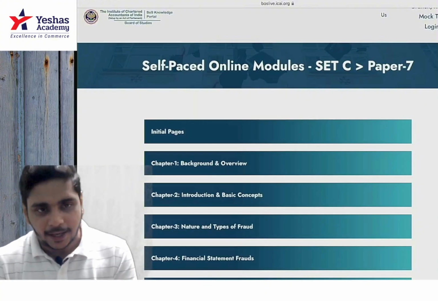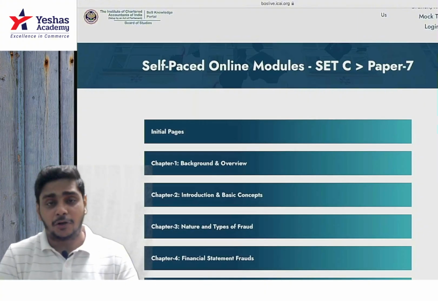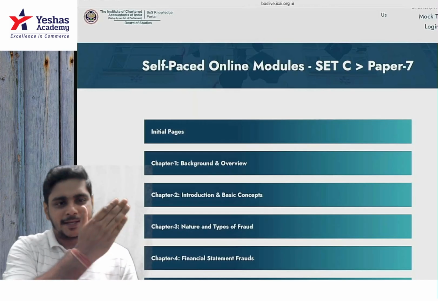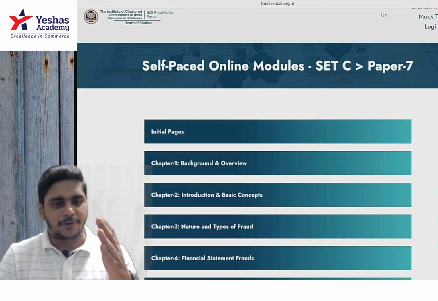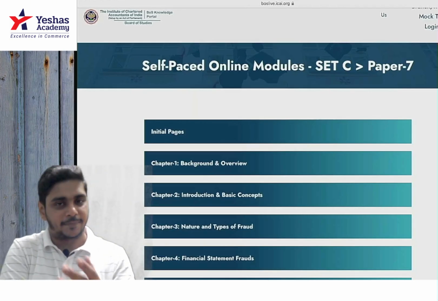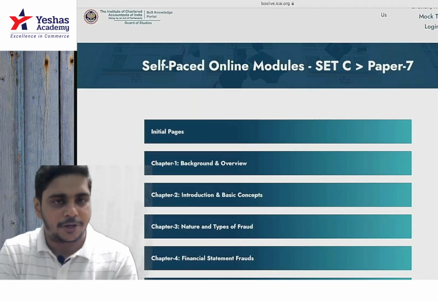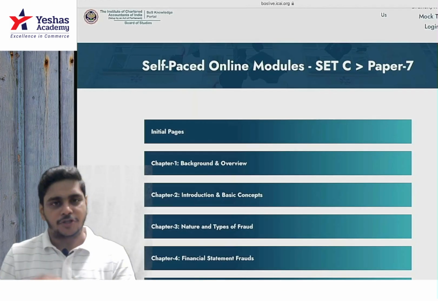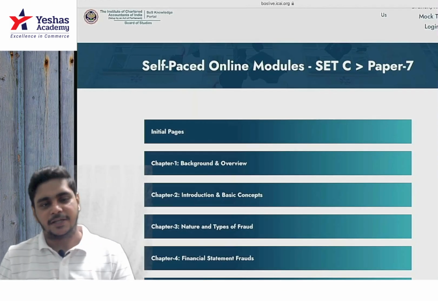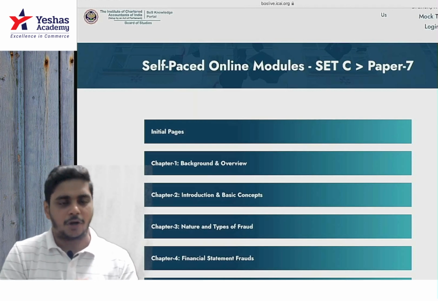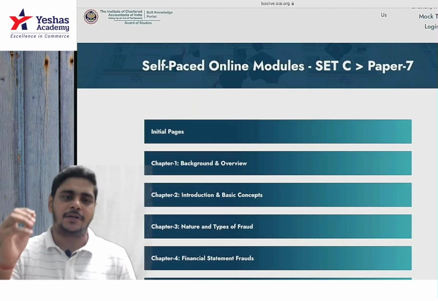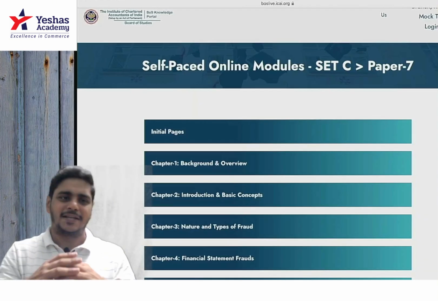Okay. So guys, hi, I'm Abhishek Bansal and I take CA final audit and paper number set A, set C and set D. In A I take law, in set C, which I am recording right now, is forensic accounting, paper number 7, and in set D I'll be recording entrepreneurship. Because it's a mandatory condition to clear A, B, C, D, we sell all the 4 courses. A is law, B is SEMP, set C is basically forensic and set D is basically entrepreneurship. You can select any of the papers.